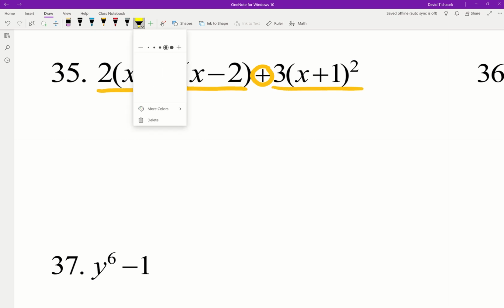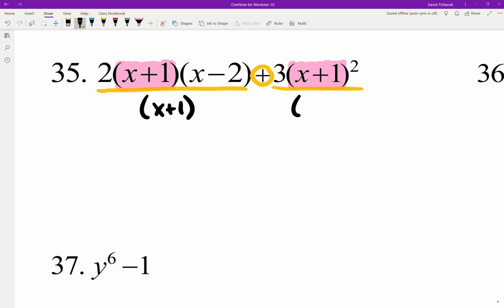And what I want to do is look at both terms and identify if they have any common factors. And it looks like the factors that these two terms have are a bunch of binomial factors. So if I look closely, I will identify here that it looks like I have an x plus 1 copy in that first group. And then in the second group, I have 2 copies of x plus 1. Okay? Well, if I'm going to try to factor this, then I'm going to factor out what they have in common. And so I'm going to go ahead and factor out simply one single copy of x plus 1 in